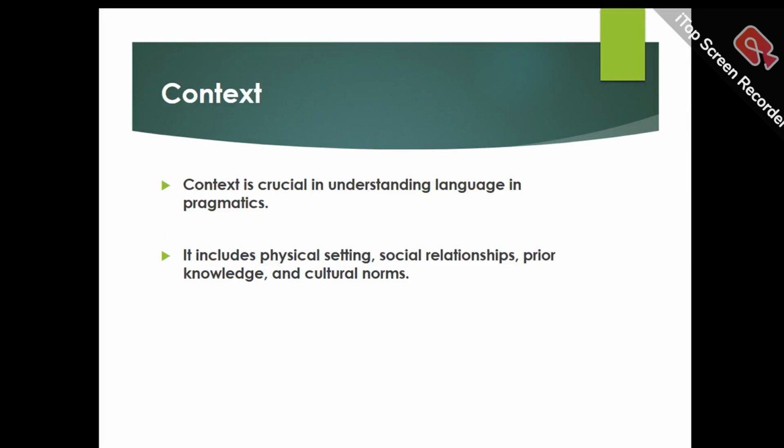Context is essential in pragmatics for interpreting language. It encompasses the physical setting, such as location and time, social relationships between speakers, prior knowledge shared by participants, and cultural norms that guide behavior and communication. These elements collectively shape how messages are understood, influencing the meaning of words and actions within a conversation. Without context, the intended meaning of language could be misunderstood or lost, as it provides the necessary background to interpret